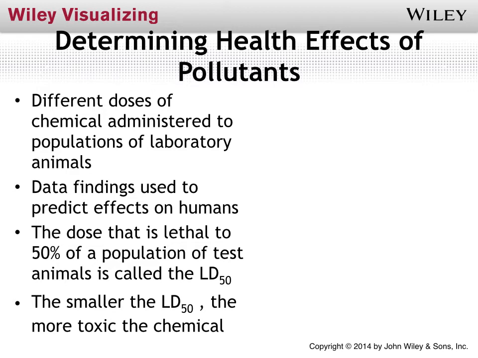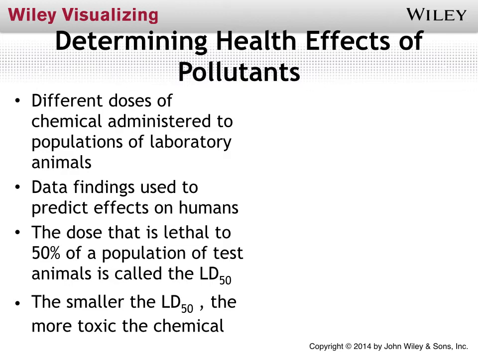Again, there's no perfect species out there that is exactly like us. So the dose that actually results in illness or death in a rat or a pig or any other animal is never going to be exactly like it would be in a human. But again, short of testing humans, which we no longer do, there's no better way to test the effects. We also do use cells, so we'll collect cells from humans or animals, and we'll expose those cells to these chemicals. So that's another way that we might test the effects of these chemicals.